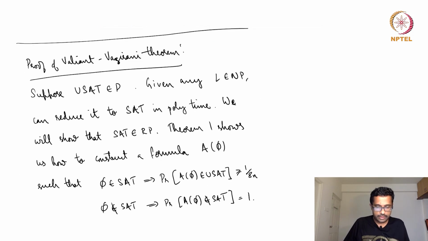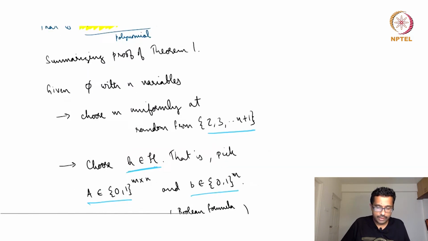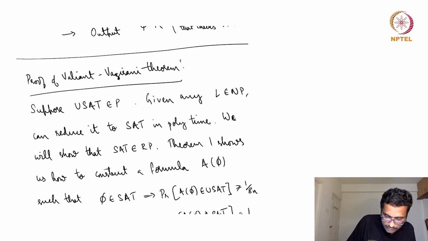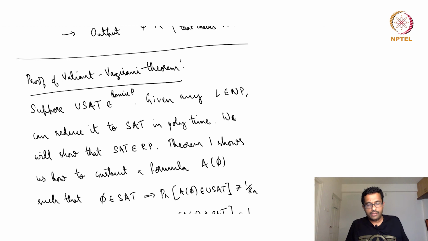So just to summarize the Valiant Vazirani theorem, which said that if USAT is in promise P, that is, if USAT has a polynomial time algorithm, then the claim was that NP is equal to RP. So given any language L in NP, we can reduce it to SAT in polynomial time, because SAT is NP complete. Now we will show that SAT is in RP,